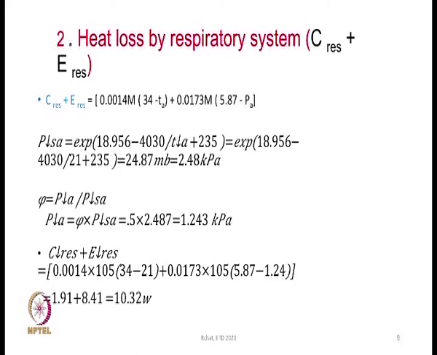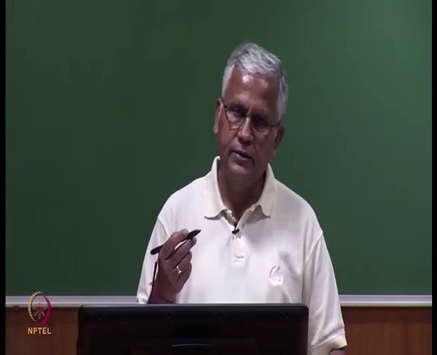That means, the respiratory system, because we are breathing in and breathing out, we are drawing in cold air, because the person is sitting at 21 degree centigrade. When he is breathing in, he is inhaling cold air, and the cold air is going inside our lungs, and it is getting some heat, its temperature is rising. So, this cold air is getting heated by the body,